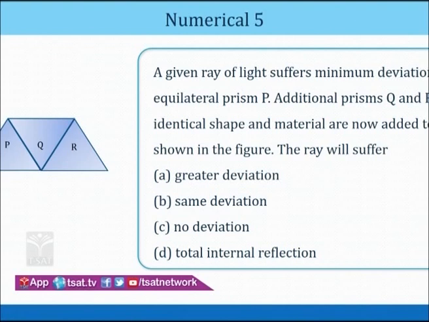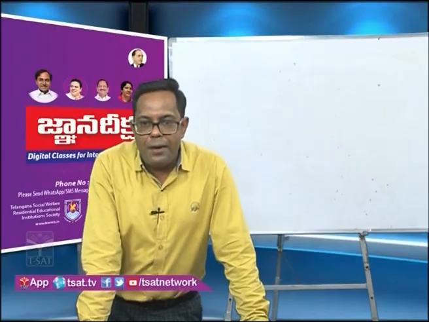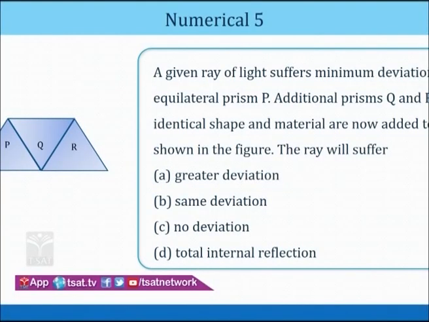In numerical 5 we are given a ray of light that suffers minimum deviation. You all know the condition of minimum deviation. What is the condition of minimum deviation? I should be equal to E, and R1 is equal to R2 is equal to R. A given ray of light suffers minimum deviation in an equilateral prism P. We have one equilateral prism P, and a ray of light suffers the minimum deviation. Additional prisms Q and R of identical shape and material